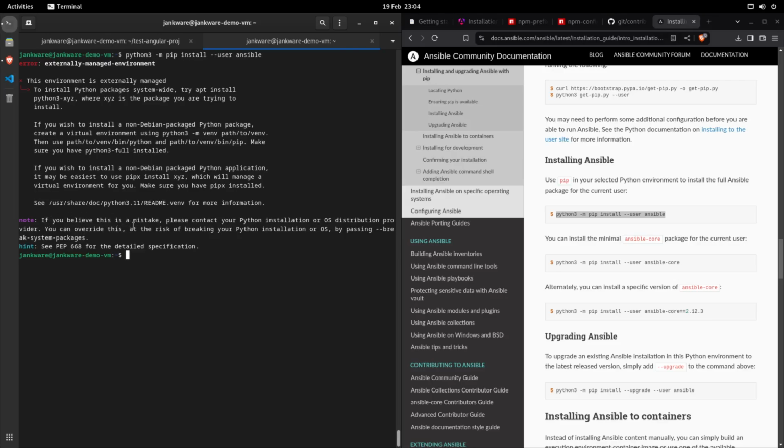If you believe this is a mistake, yes, I do. Please contact the Python installation or OS distribution provider. You can override this at the risk of breaking your Python installation or OS by passing --break-system-packages. Now, I don't want to have to pass that every time because it's a bit annoying. You can set an environment variable called PIP_BREAK_SYSTEM_PACKAGES. So I'm pretty sure if we go to